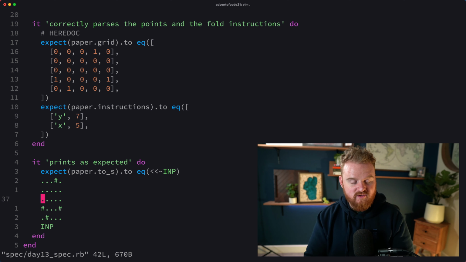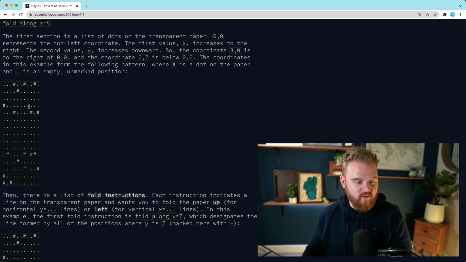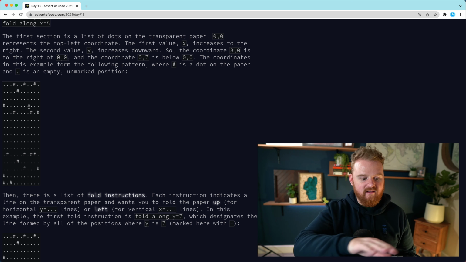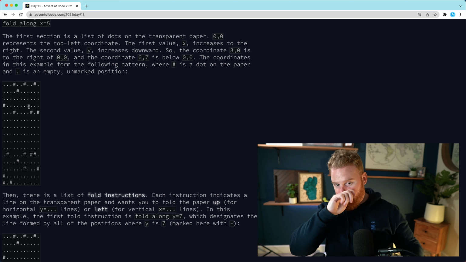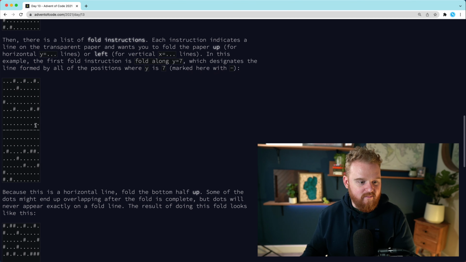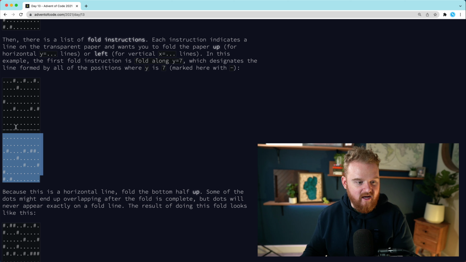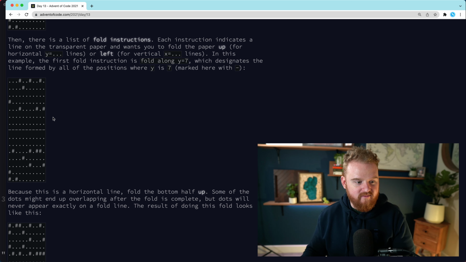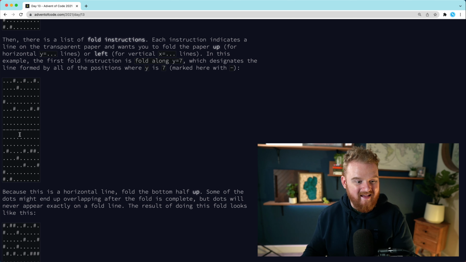So we have to use those fold instructions, X7 and Y5, to know which line we're folding on. Are we folding left? Are we folding up? So basically the way this works is we are always either going to fold everything left or we're going to fold everything from the bottom up. And I think what makes the most sense is to first move all the dots up to the upper part of the grid,